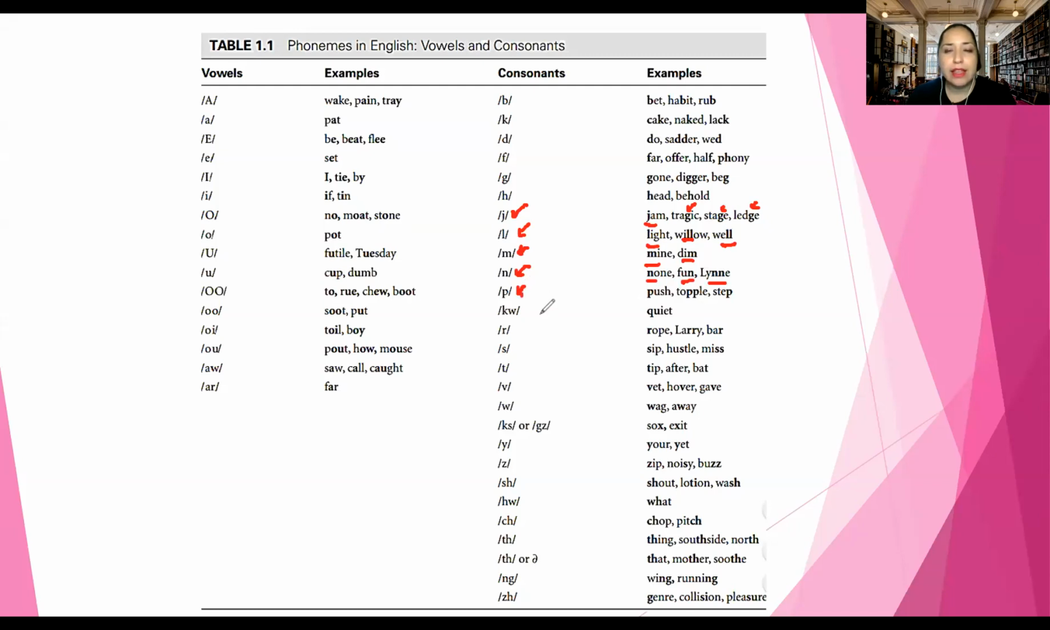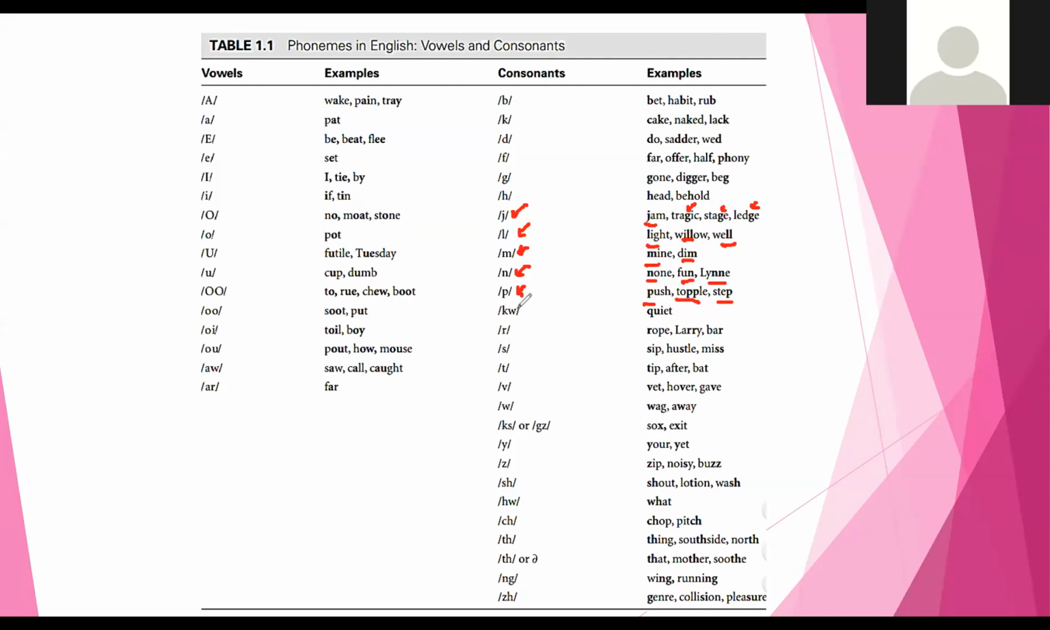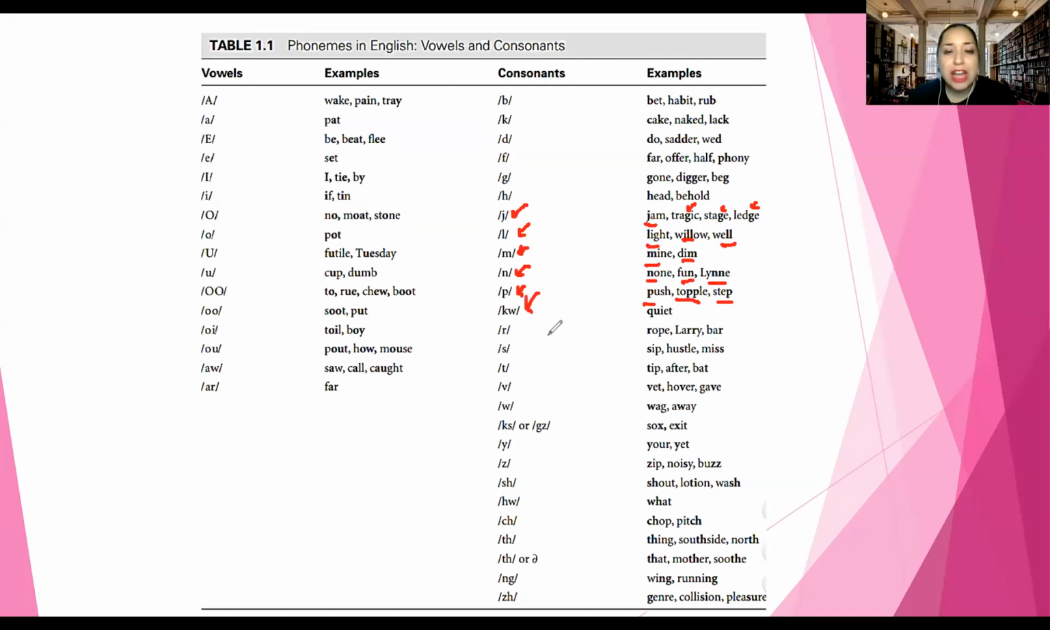P doesn't sound like P, but more like puh, puh: push, tapu, step. The sound of K will be found as KW, like quiet. The sound that gives you the R,